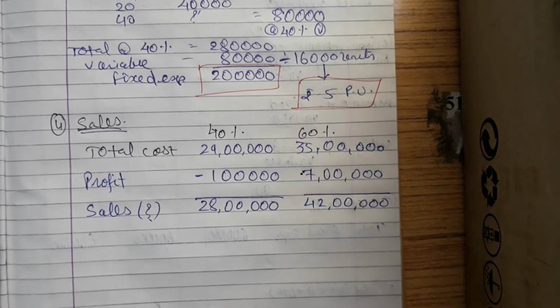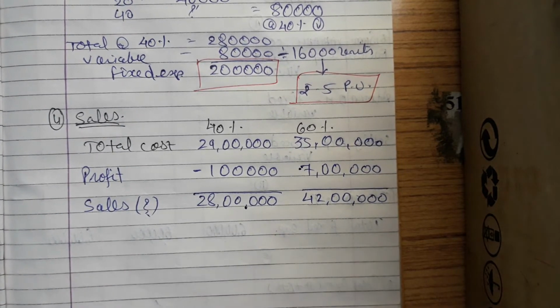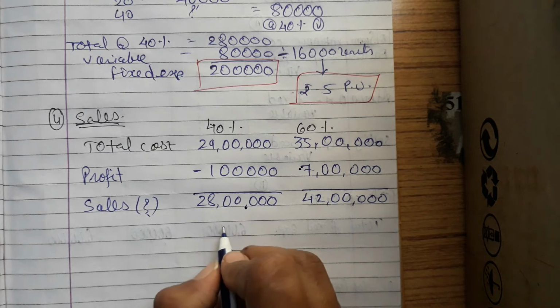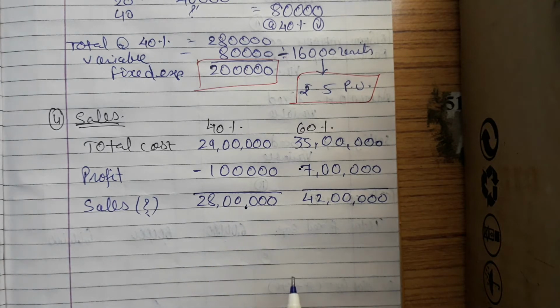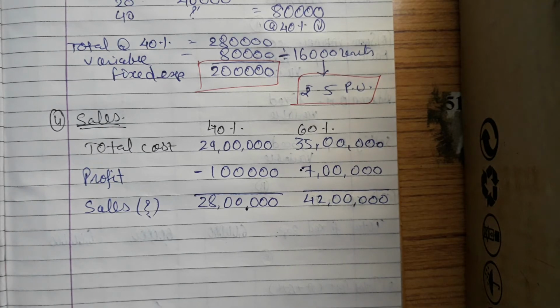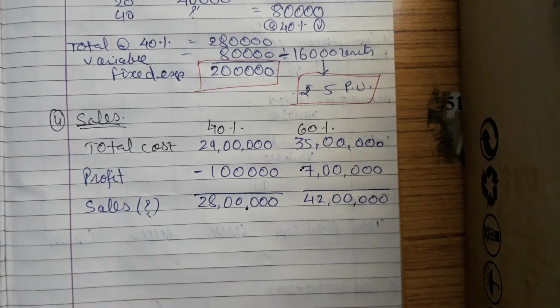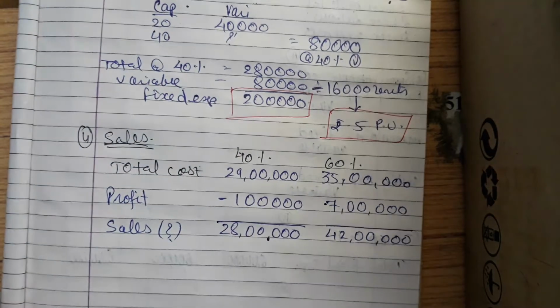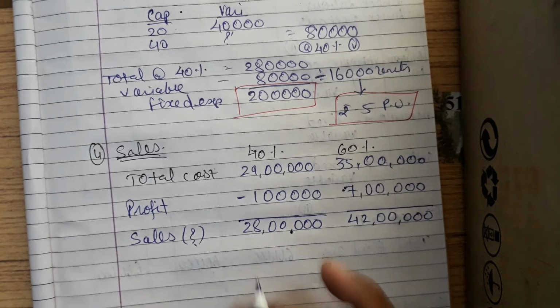Clear everyone? So here we can get the sales. If I want the selling price per unit, then what can we do? 28 lakhs divided by 16,000 units, so that is 175, and 42 lakhs divided by 24,000 units, that is also